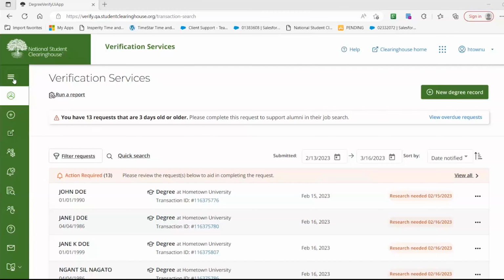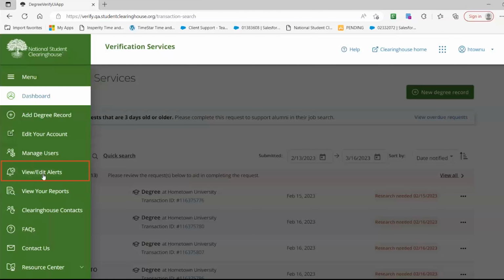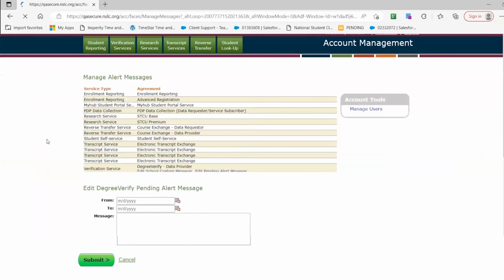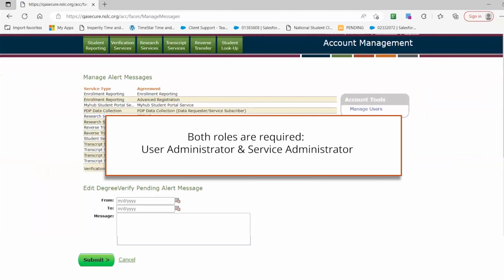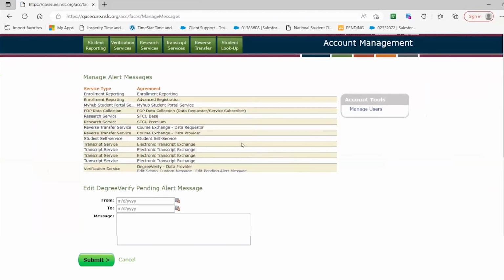Located on the dashboard menu by clicking here, you will have access to View Edit Your Alert message. Note that you will need the correct verification services access to edit the alert messages. If you would like to post a message for requesters to see when they select your school and before they